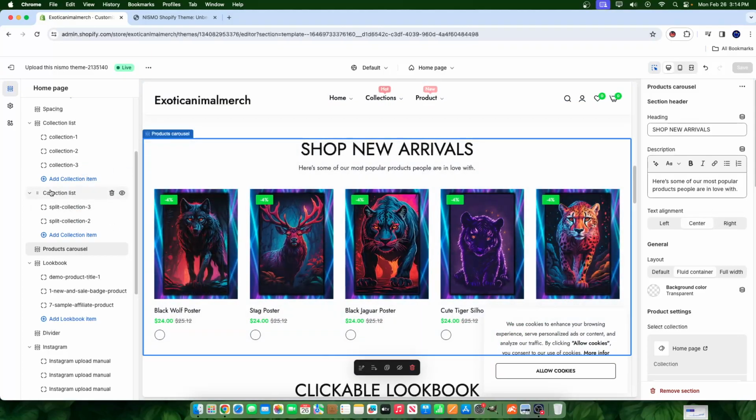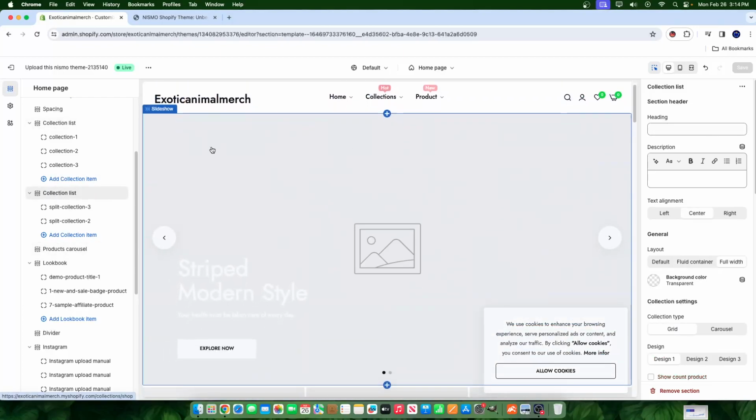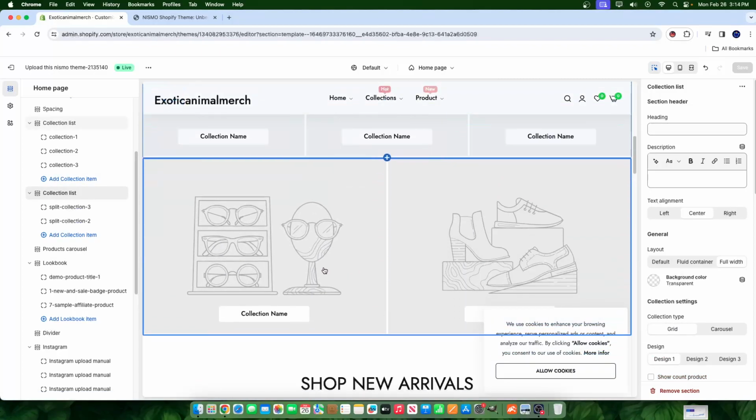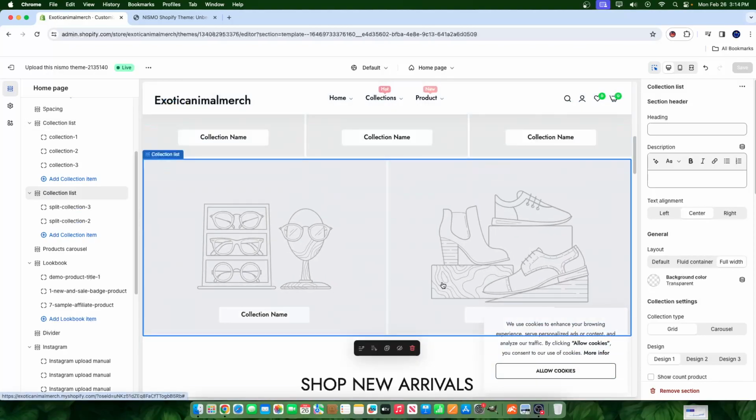It's great. Now we're going to go on to this collection list. So notice how they structure this site. They have a hero, which is a hero banner, and then they have a split banner here, and then they have a 3-way split banner. So this is a split banner, and really